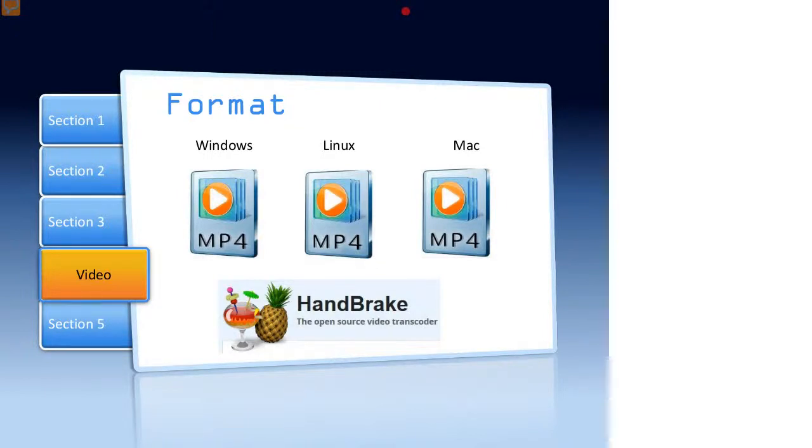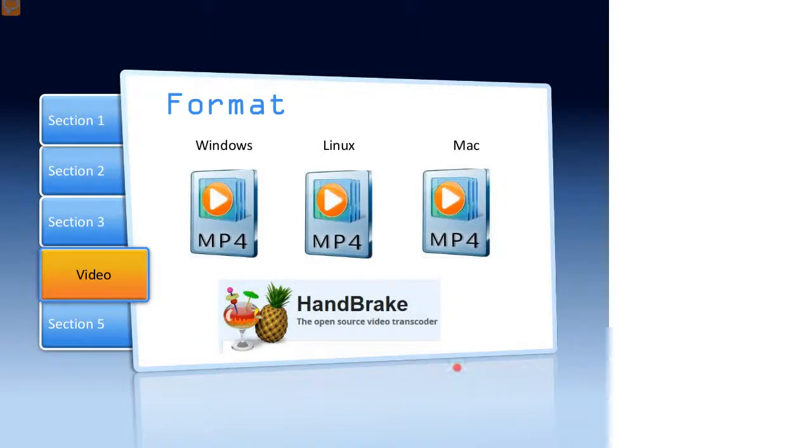Another thing with accessibility, remember those little 9 icons at the beginning? I really think there should be another one which is cross-platform. It's sort of like an IT version of the accessibility icons. We're using MP4s because they will play on everything. I have an awful lot of people working in Linux in our organization, so they can't watch an awful lot of the other formats. They don't have the codecs available. MP4 works once, works for everybody.